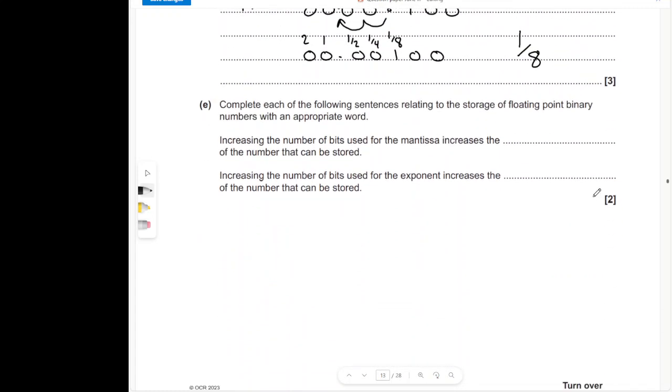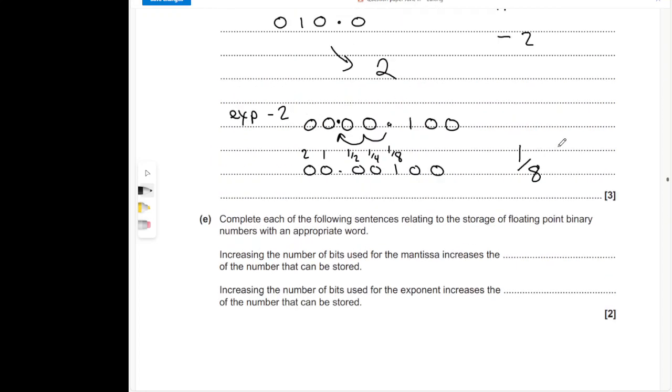Right. And then the last bit. If you get asked anything like this, give yourself an example. Okay? Right. What does the number of bits in the mantissa affect? Well, the more bits we've got, the closer we can get to the actual number we want to store, the detail of the number, the fraction. Okay? So that's going to affect the precision,